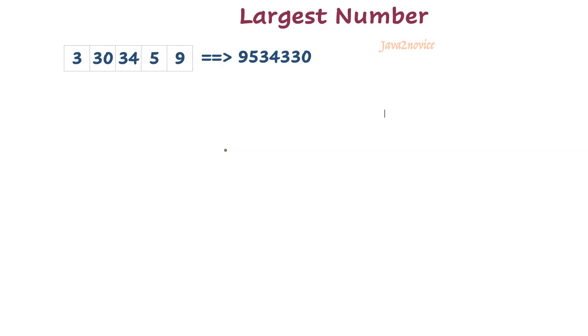This is not a simple number based sorting kind of solution. However you sort based on numbers, you cannot get the desired result. Let's take an example: 10, 5. Let's say this is an input array. If you sort it in ascending order, I mean 5, 10, you are going to get the number 510.